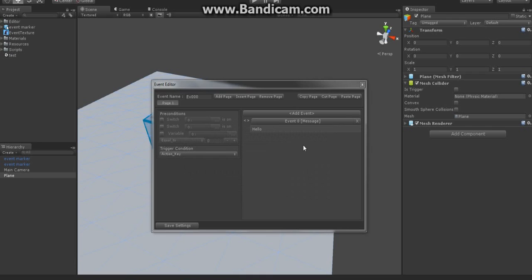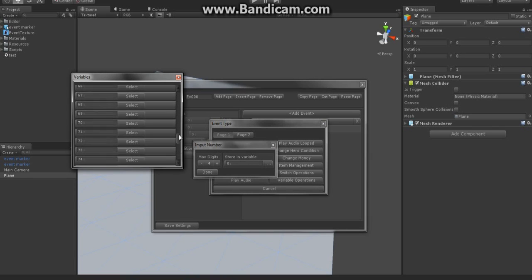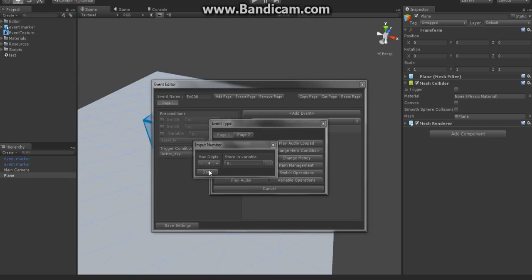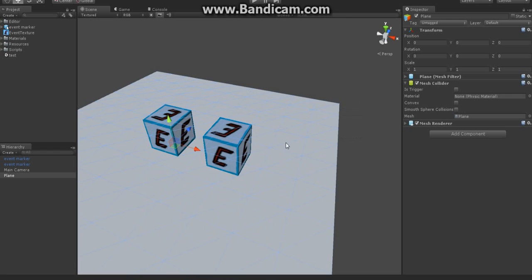So you just hit done, and there you go. You can also input numbers, and it will store into a variable. Let's just select what variable you want to store it in and things like that. And then you just click Save Settings, and then when you run the game,